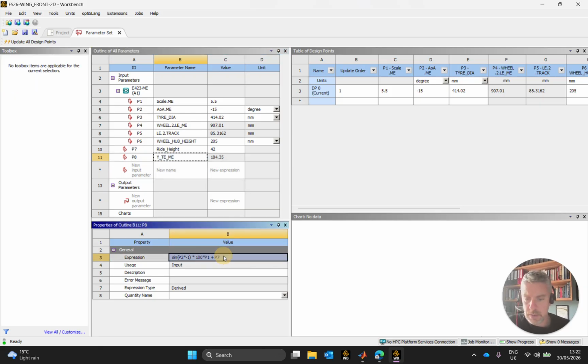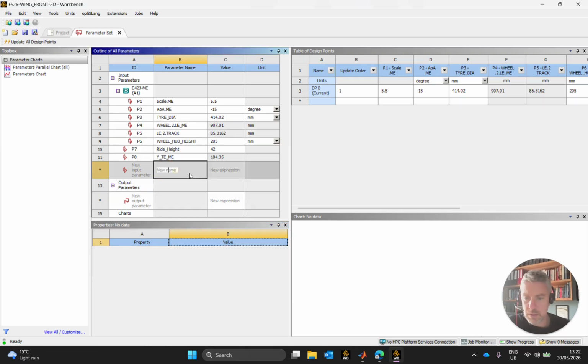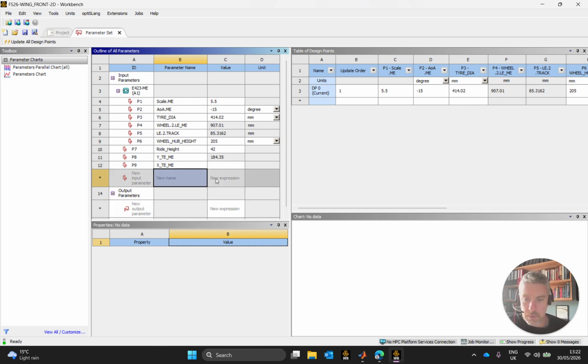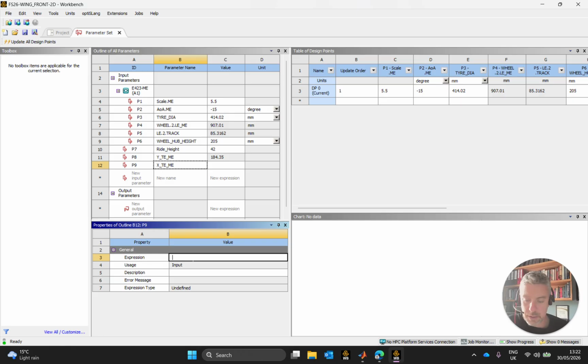So what I'll do is I'll copy this, Control C. I'm going to enter in a new parameter, X underscore TE underscore main element. And we'll give that an expression which is the same as the expression for Y, except that it has nothing to do with ride height. So I just took off that there, P7, and it's not the sine component, but the cosine component of the